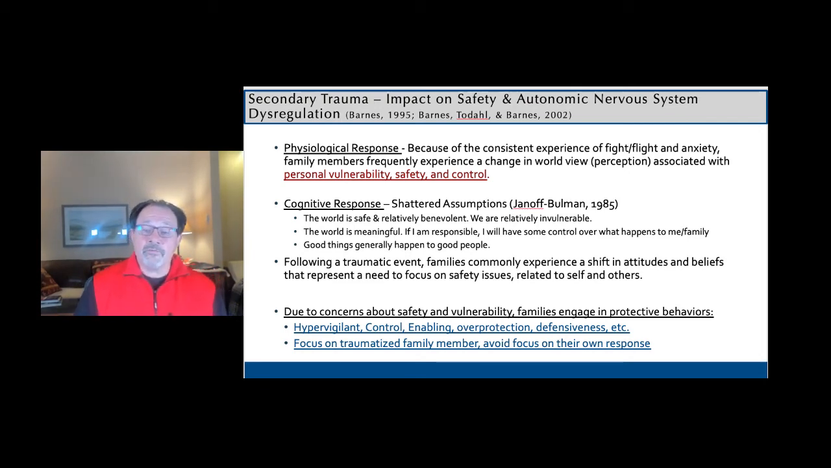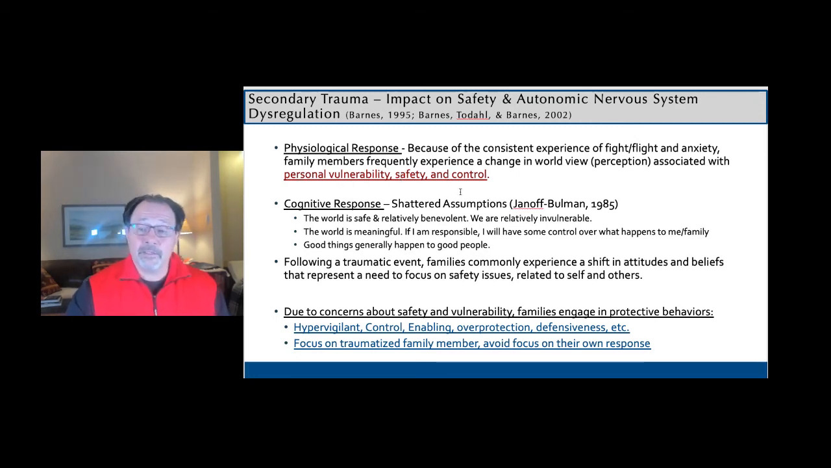So focusing on traumatized family members really allows families in many cases to avoid focusing on or being aware of their own response. And so that idea of if we have that shift in worldview to the world is dangerous and random and it doesn't matter if you're good or not, then these behaviors, this shift in worldview associated with being vulnerable,